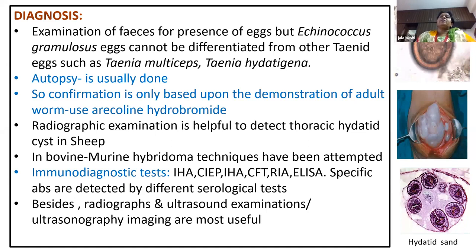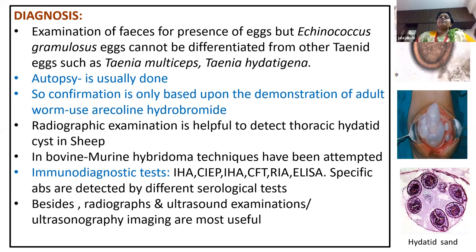All the treated dogs will purge out the intestinal contents and expel all the adult worms. So examine the mucous portion of the fecal sample to obtain the adult worms. Radiographic examination is also helpful for detection of hydatidosis in sheep. In bovines, the hybridoma technique is also used, and radiographic examination is also helpful, and ultrasound examinations, ultrasonography, and imaging are